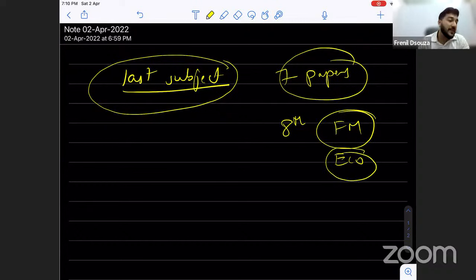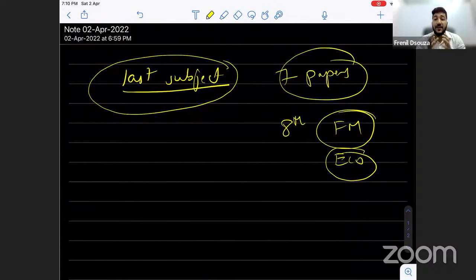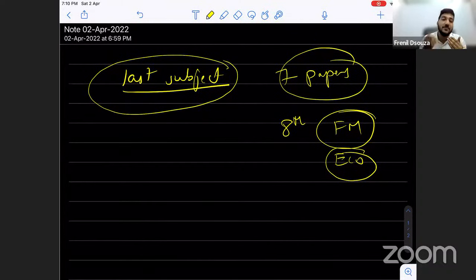And usually students, what they do, they'll just refer to some short notes, they'll just go to the exam and just wing it. And just by winging it, there is nobody who has cleared CA by just winging it, right? We have to learn subjects conceptually. We have to make sure that we know what we are writing, and your answers in the examination will show what your preparation is, right? So I believe that you have already done that one level of preparation. That is why these revision lectures are there, just as a booster, right?